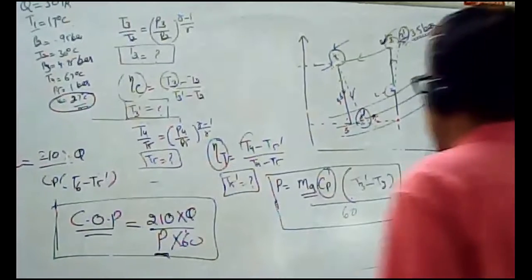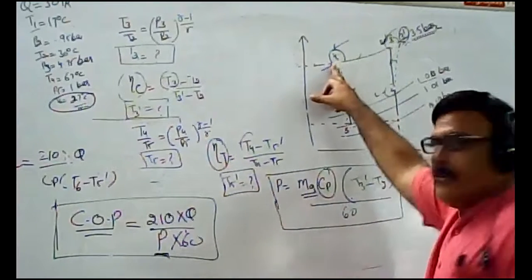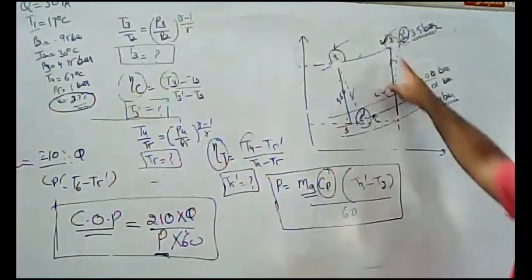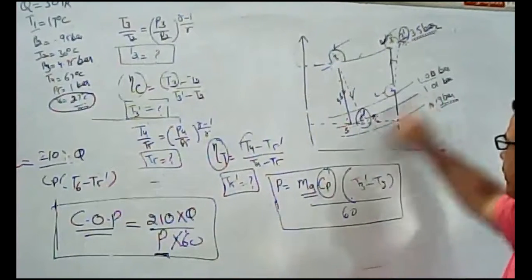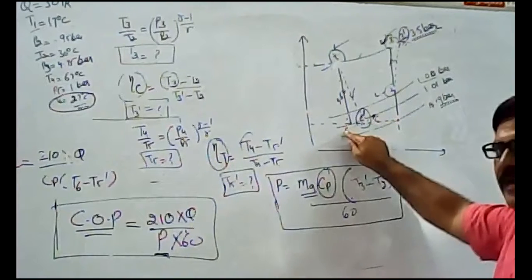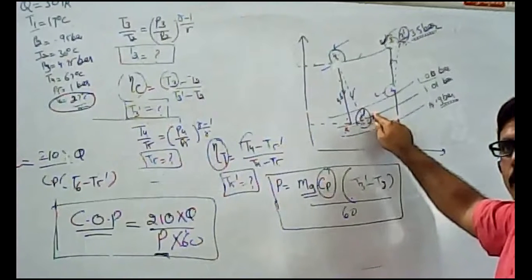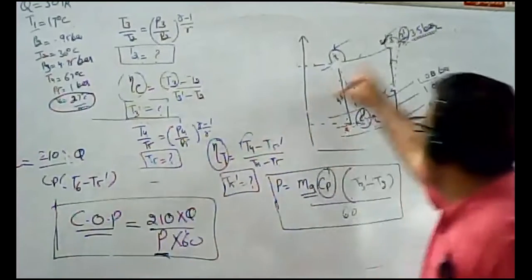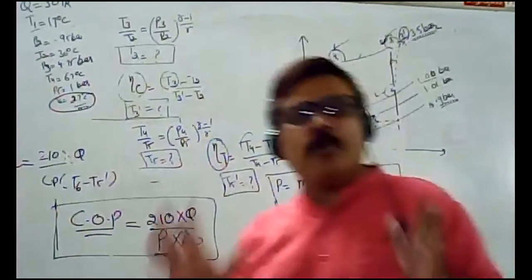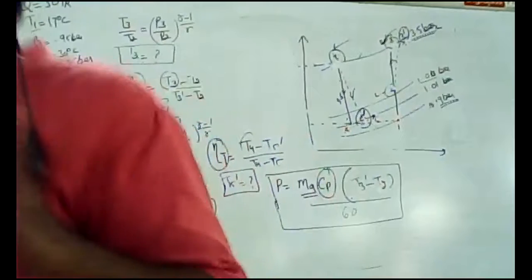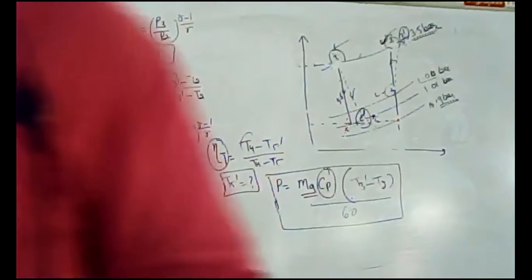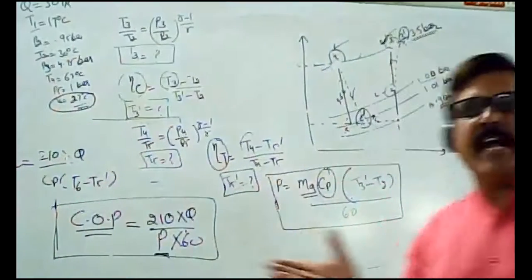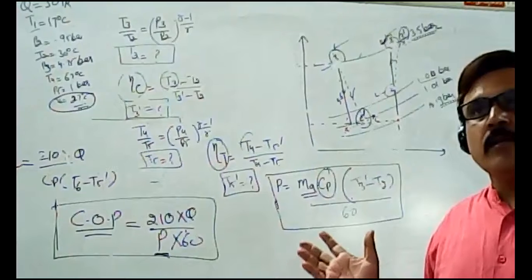Otherwise, look here. The temperature is reducing at constant pressure. The cabin pressure also remains the same at T6 and T5, at constant pressure. So these two values are already at constant pressure, and T4, T3 and T3 dash are also at constant pressure. So you only need to find the value of temperature, because this temperature is reducing at constant pressure.